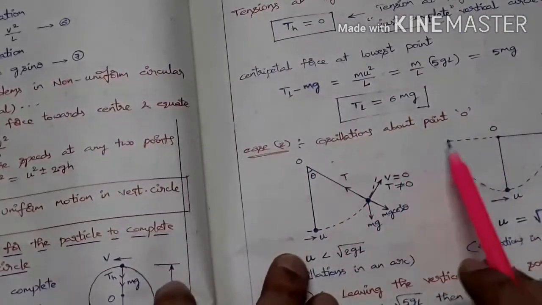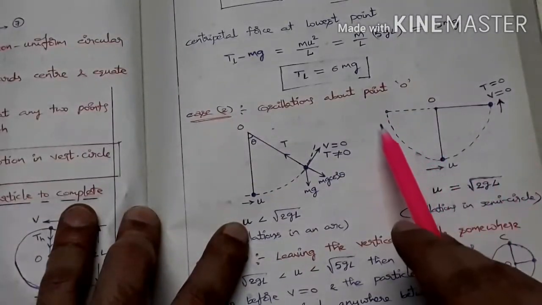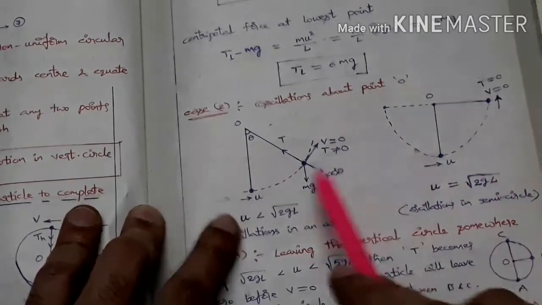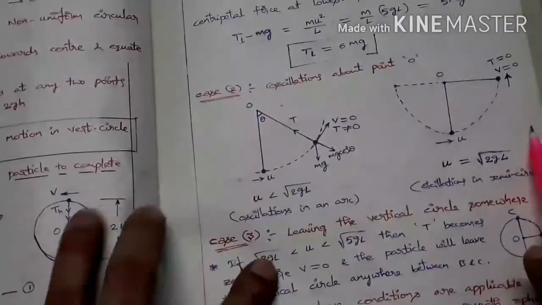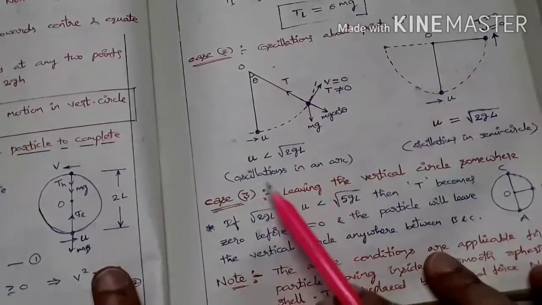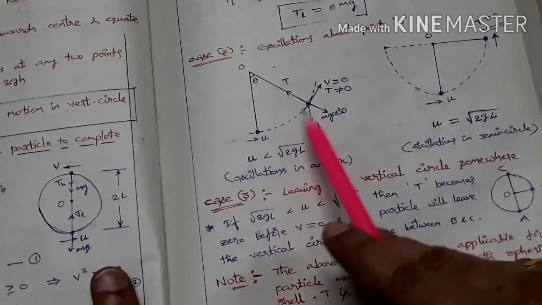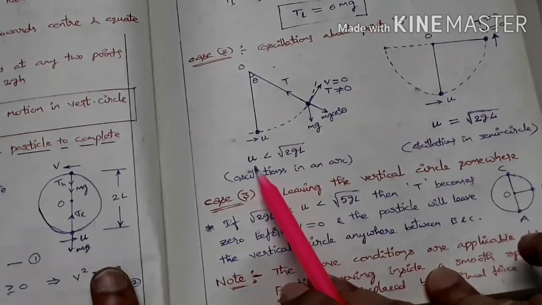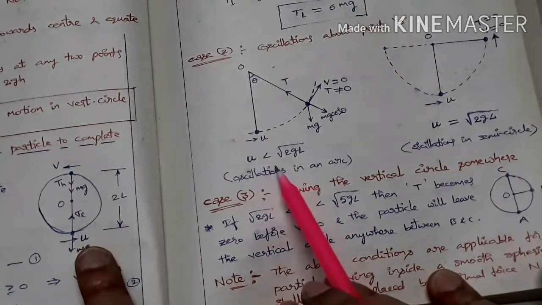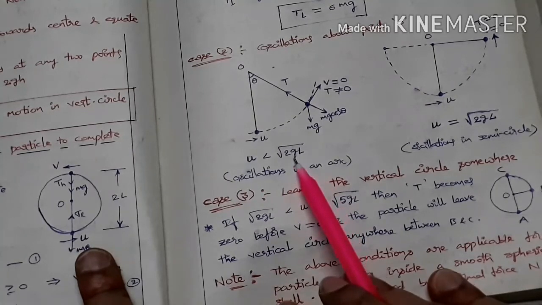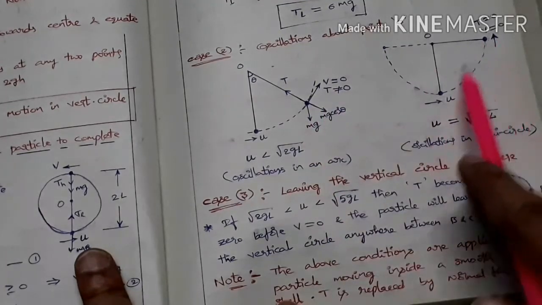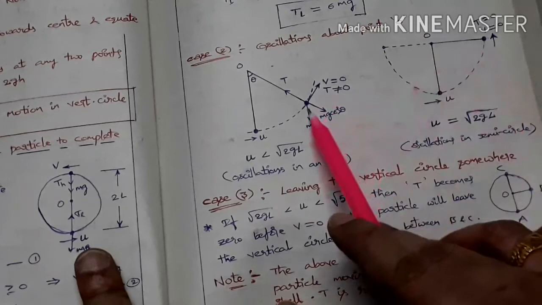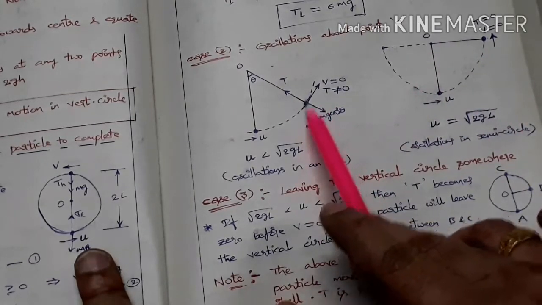Then case 2 is oscillations about point O. There are two types of oscillations here: complete semicircular oscillations, where the particle makes oscillations in a semicircle, and oscillations along a small arc. So let us consider this one. When does the particle make oscillations in a small arc? When u, the velocity at the lowest point, is less than root 2gl. When it is less than root 2gl, what happens here? Velocity becomes 0 before it reaches this point, but tension will not be 0,